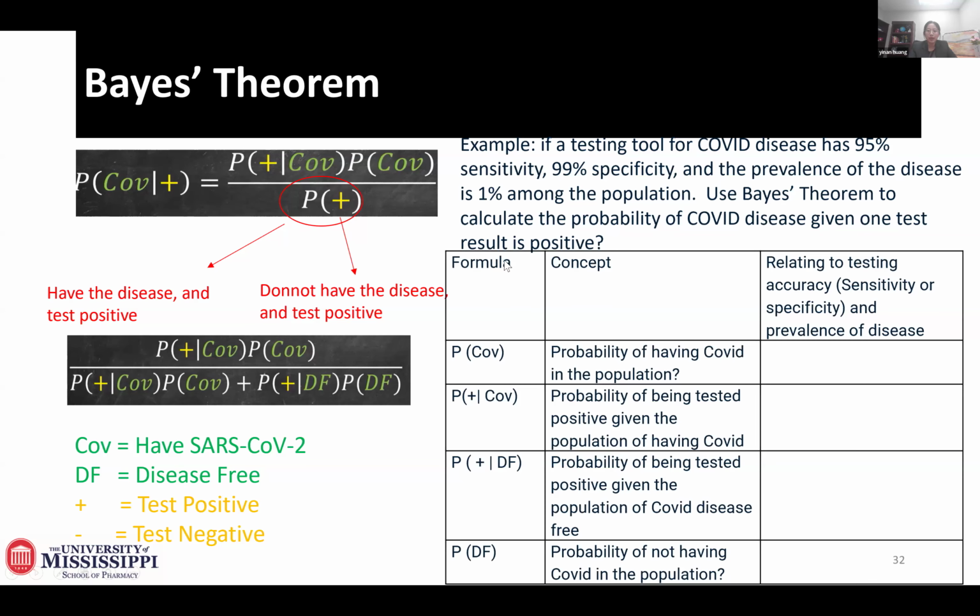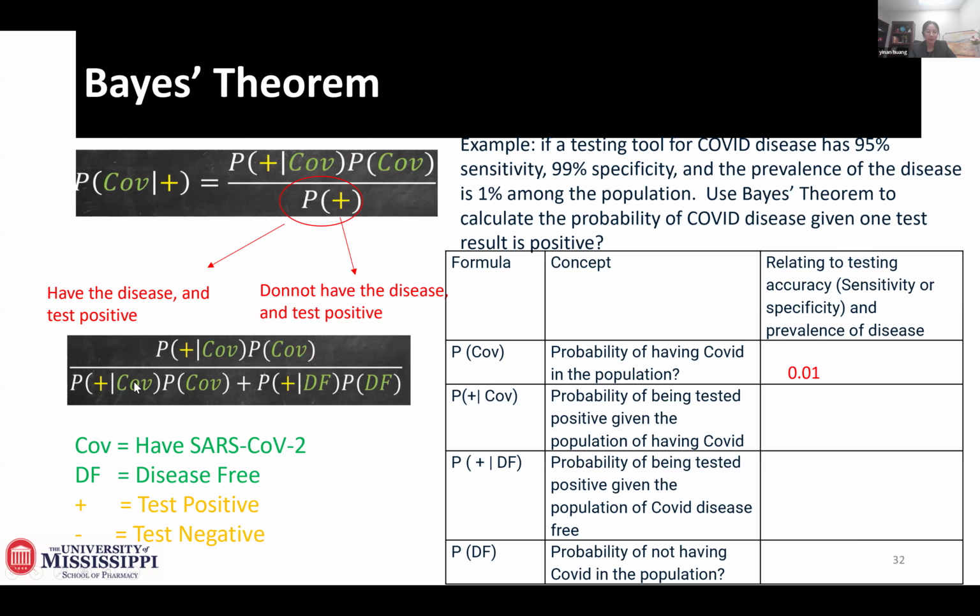So in order to obtain this, we need to identify the numbers of each component in this equation here. First of all, there is a probability of COVID. What is the probability of having COVID in this population? That is 1%, right? Okay, and the next, what is the probability of being tested positive given the population of